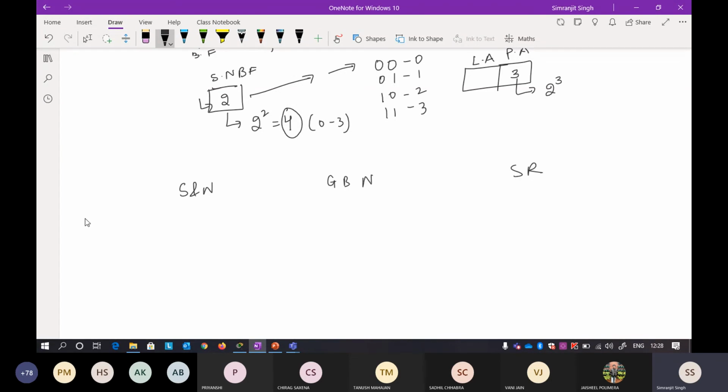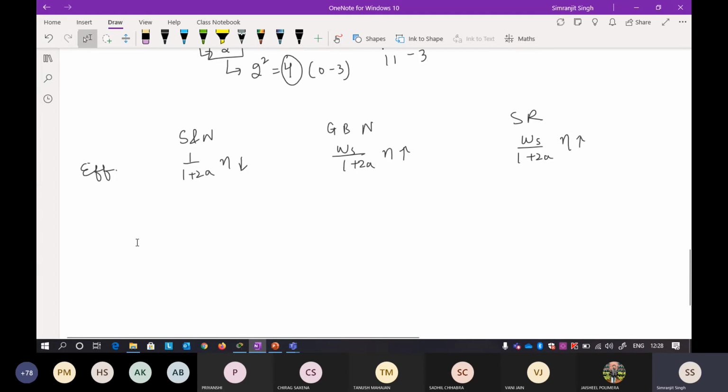In terms of efficiency, we have seen that the efficiency of this one is 1 over 1 plus 2a. This one is window size over 1 plus 2a. So here the efficiency is more. The efficiency here is very less. And here again the efficiency is more because it is ws over 1 plus 2a. So the efficiency here is also more.